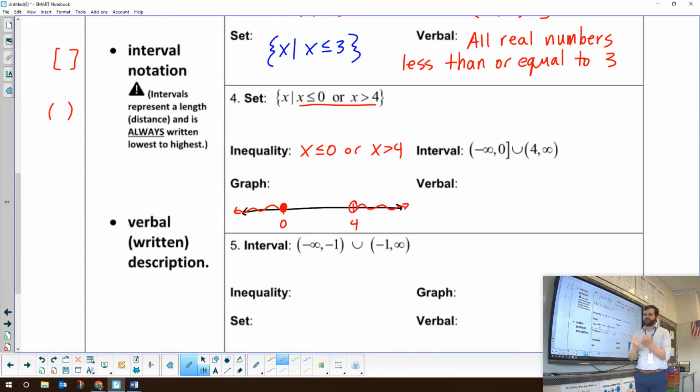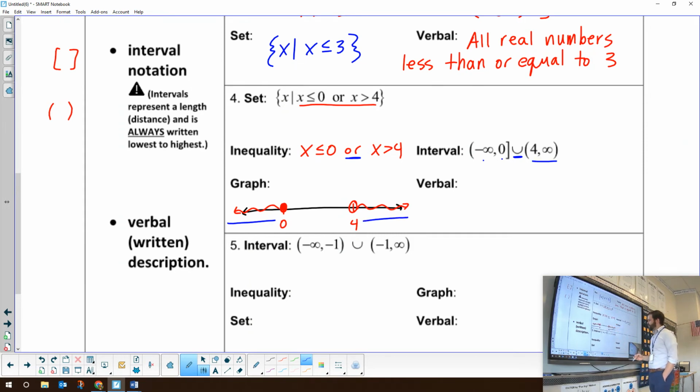So notice how this graph goes apart. This is known as a disjunction, where it goes apart. And we can know it's a disjunction because it uses an or. So anytime you see an or, it's going to go apart. And I want you to notice that little symbol right there, that is a U. It stands for union, and it's another word for or. So we're going to have negative infinity to 0. Check that out. Negative infinity to 0. And then we skip, and then it's 4 to